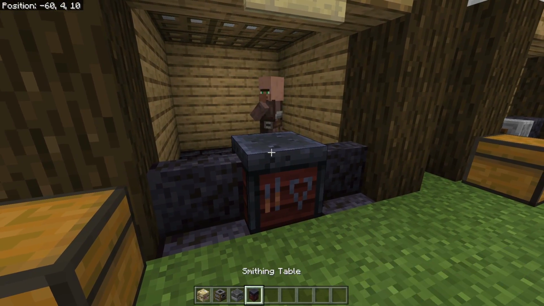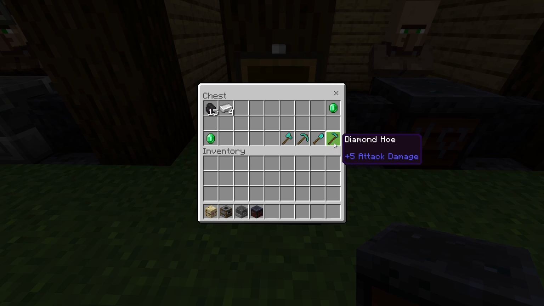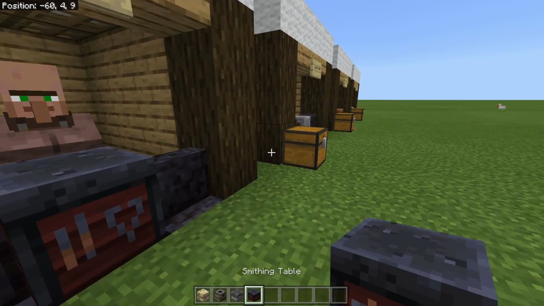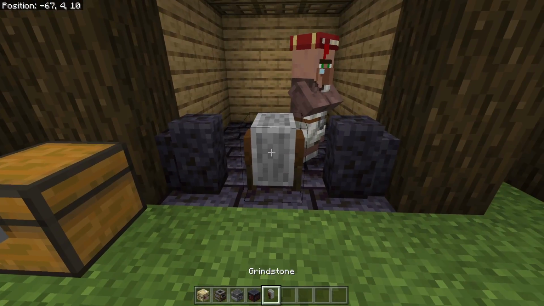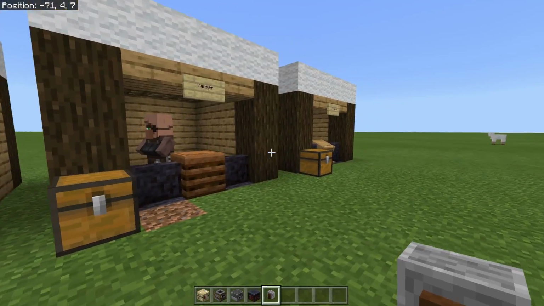The same deal with the toolsmith here, which is the same thing except for tools. 15 coal or 4 iron for emeralds, and then you can get the different tool types. The hoe does not come enchanted, but the different tools here do: the axe, pickaxe, and shovel. And then lastly, we do have the weaponsmith. Same thing yet again. This guy swapped places with...